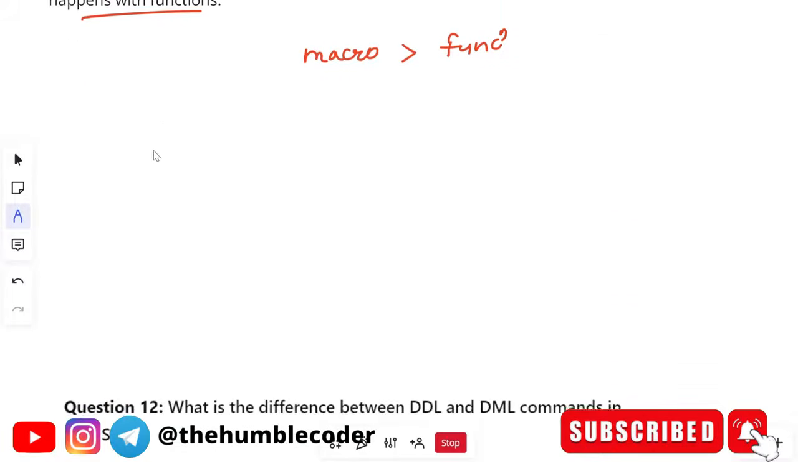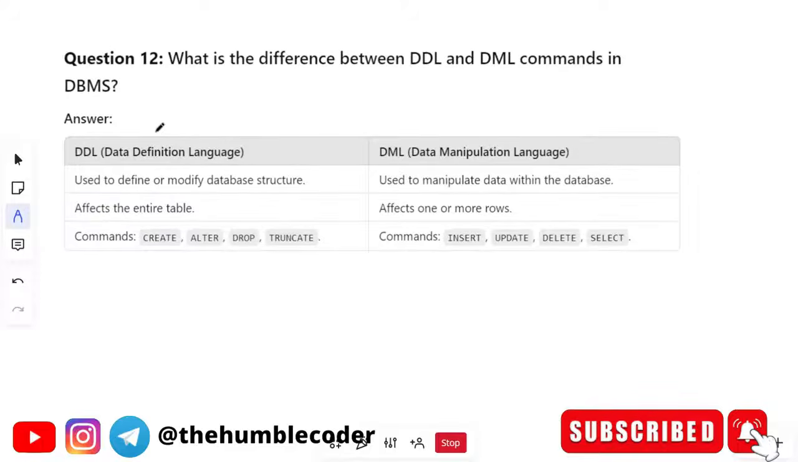Okay, let's see the next question that we have. What is the difference between DDL and DML commands in DBMS? Okay, so DDL stands for what? Data definition. Okay, this is data definition, and DML is what? Data manipulation. Okay, so manipulation. Basically D and L are the same, data and language, but the D in here stands for definition, and M stands